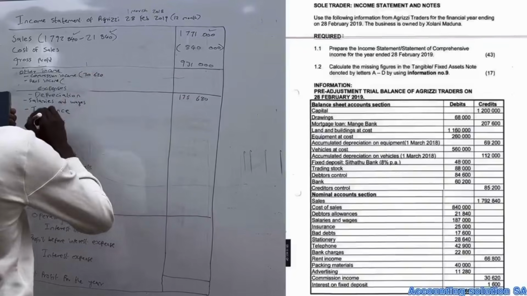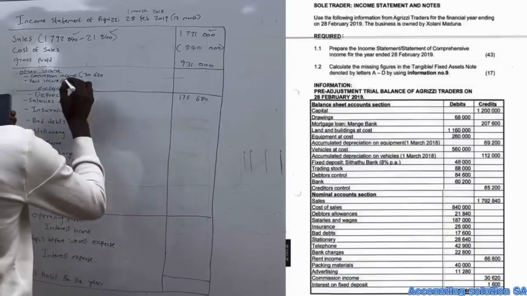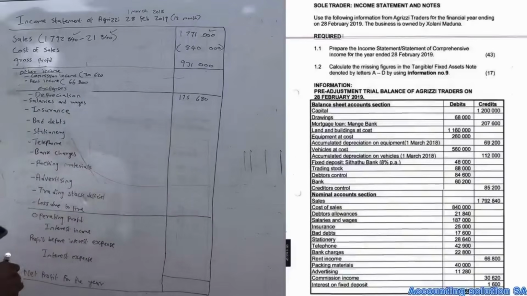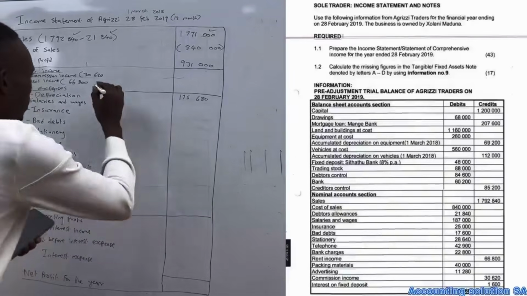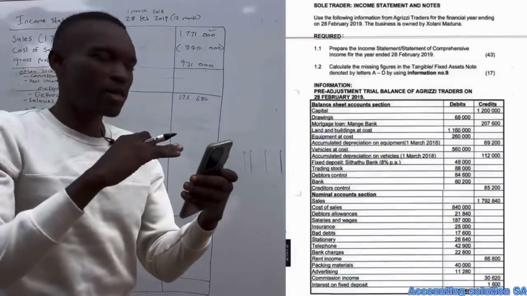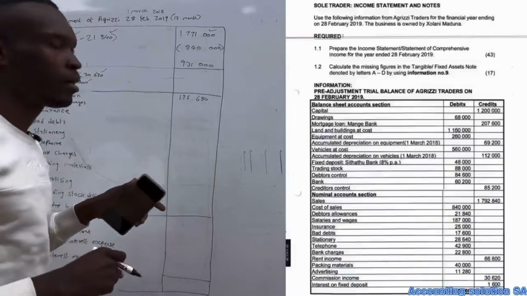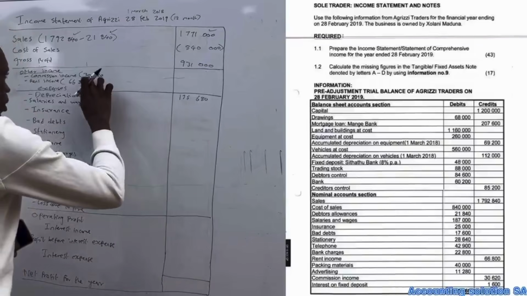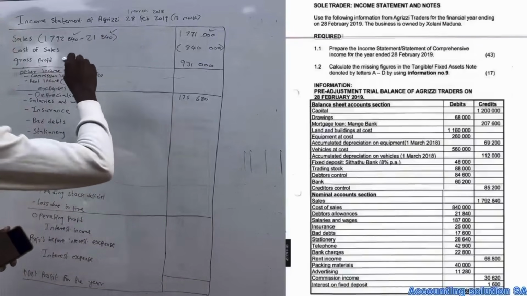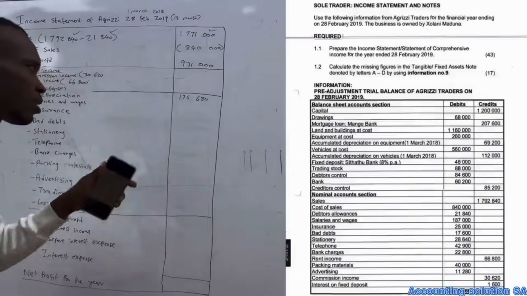30,620, and for rent income is 66,800. Okay, so guys, there is a mark for this, you just copy from the trial balance and paste it here. Then after that, we go to the transaction and read. After reading, it's either we're going to plus or minus, or we just take it as it is in the total